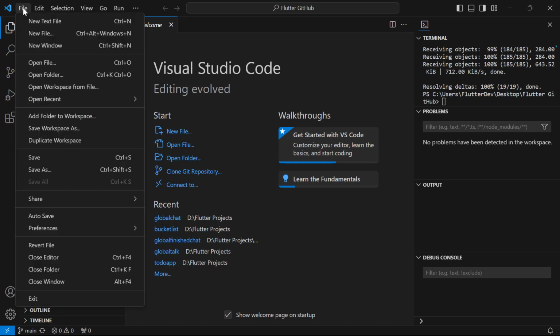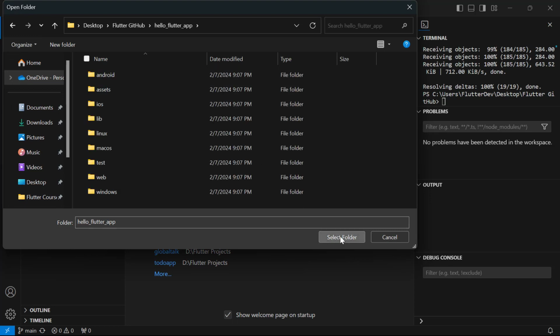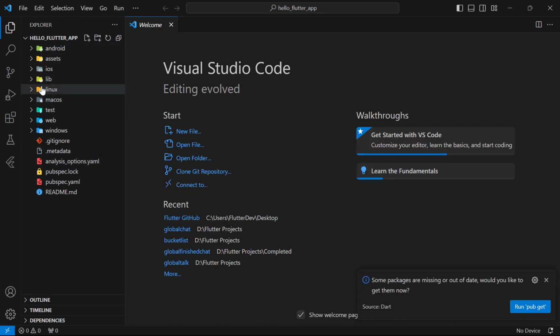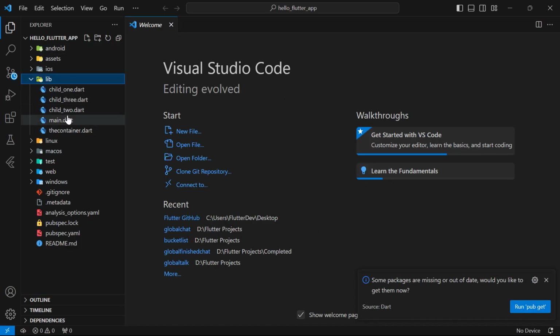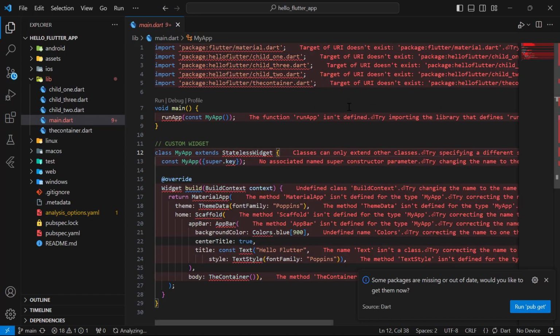And now we need to open Hello Flutter app as a root directory. So click at File, Open Folder, open this folder and click at Select Folder. This folder Hello Flutter app is our root directory. Alright. So now there are a few steps required for running this project on our device. Navigate into lib and then main.dart. And here you will be getting a lot of errors, and this is because we do not have dependencies for